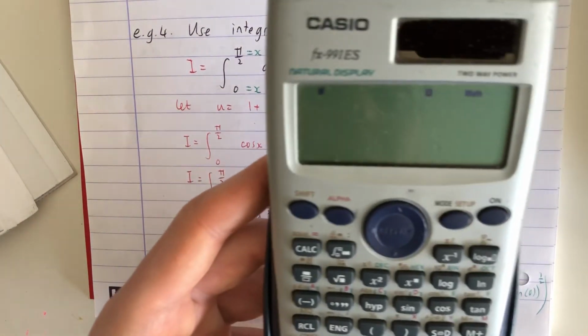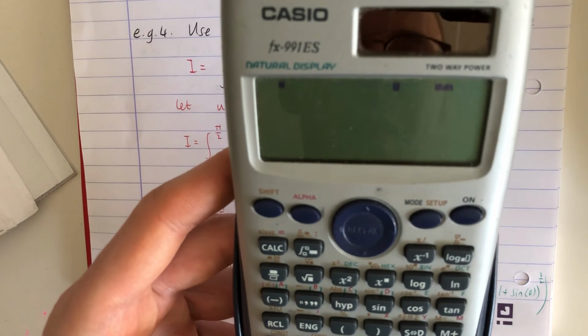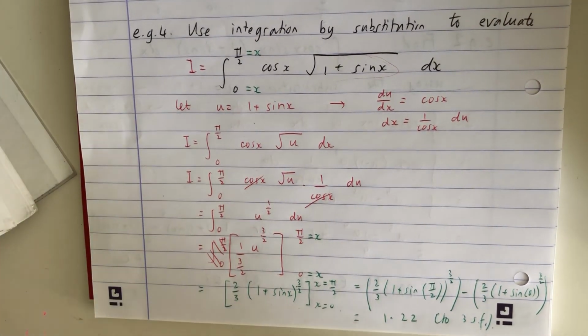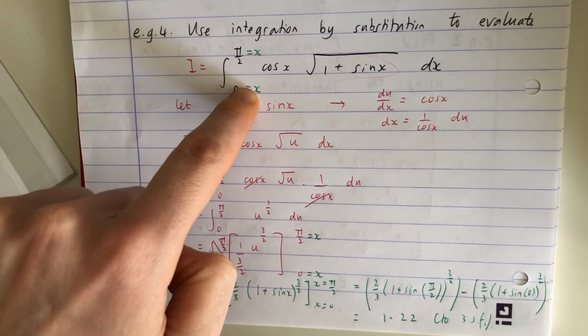Hopefully these will match up. Calculator still thinking. Yeah, 1.22, same as the answer I got. And that's pretty much integration by substitution. If you've got limits, you just got to remember you've got limits at the start in terms of x. So before you